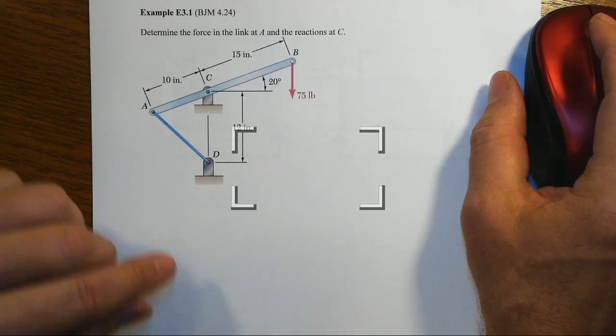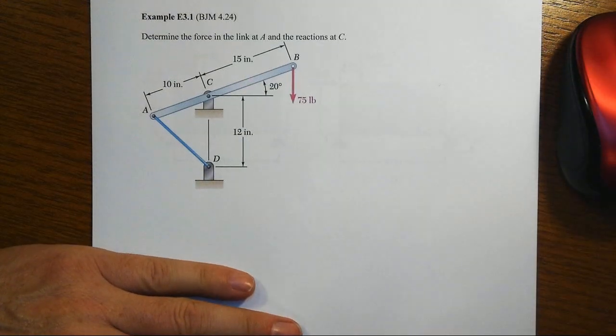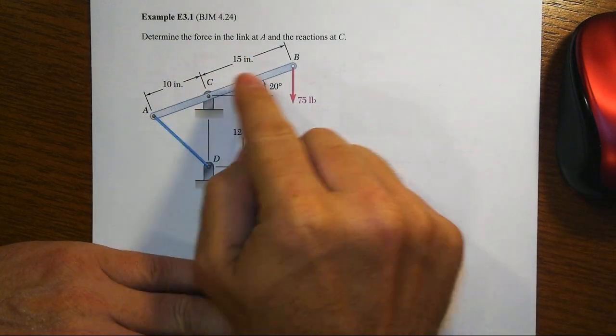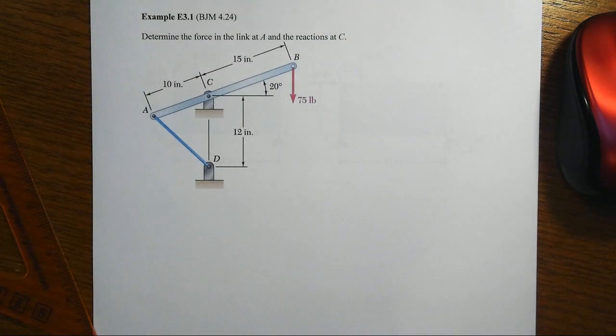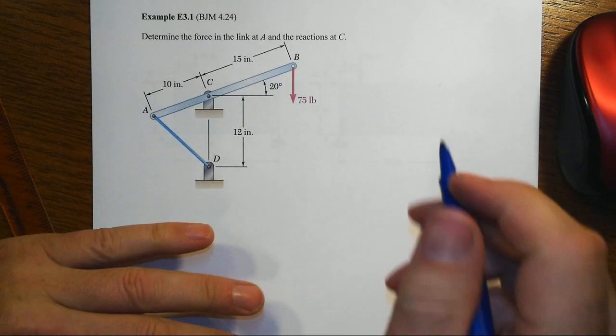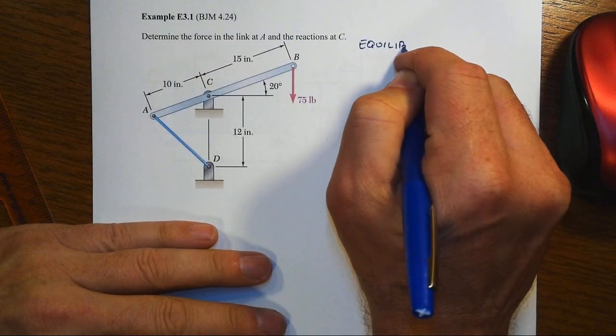In our first numerical example with our full suite of equilibrium equations, we're going to find the force in the link at A and the reactions at C. So in the setup of this, let's go back and review a couple of things. Our statement of equilibrium